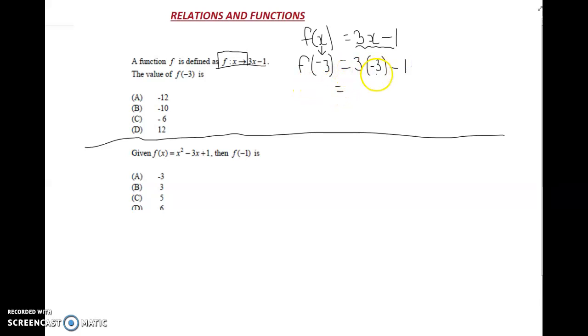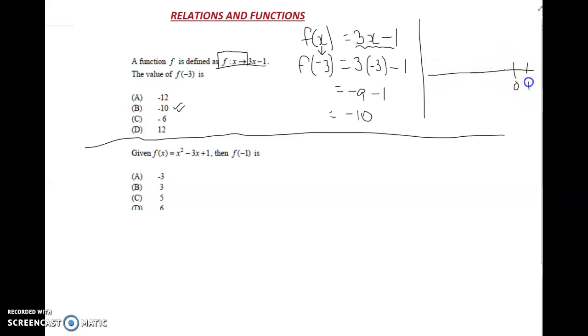So 3 by minus 3. Remember, 3 is a positive number, and positive by negative is negative. 3 by 3 is 9. Then take away 1. Sorry, minus 9, minus 1 is minus 10. The answer is B. Remember, you can't use calculators. If you still get in trouble with minus 9, minus 1, honestly,